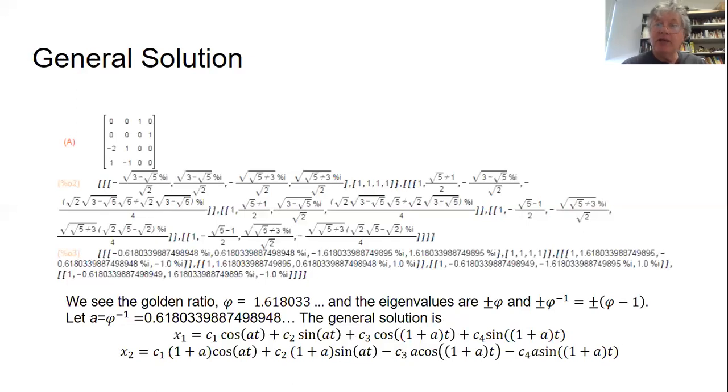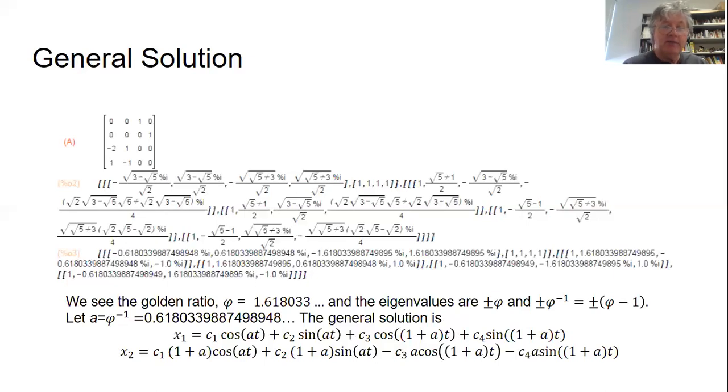Because it's purely imaginary, there's no exponentials, okay? And by the way that the eigenvectors is set up, we sift out the real and the imaginary, and we can decipher it to be